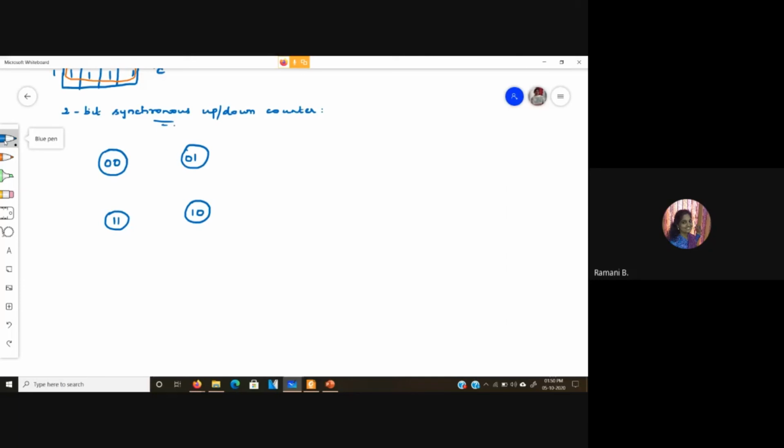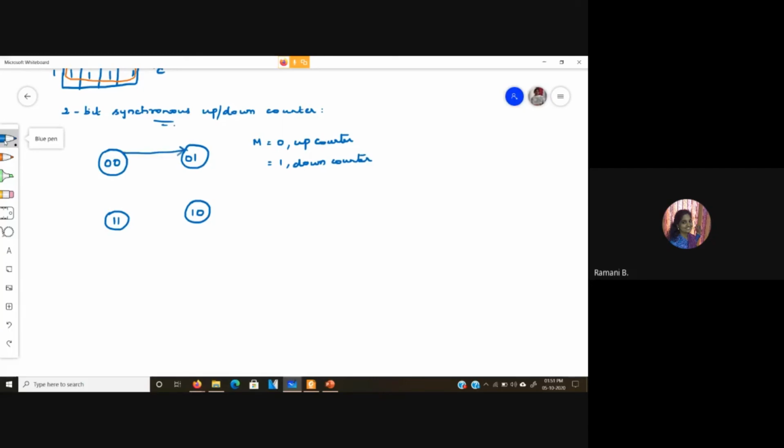So let us consider an external input, a control input M. When M is equal to 0, the counter counts up, and when M is equal to 1, the counter counts down. Okay, this is our wish. You can change it. That is no problem at all.